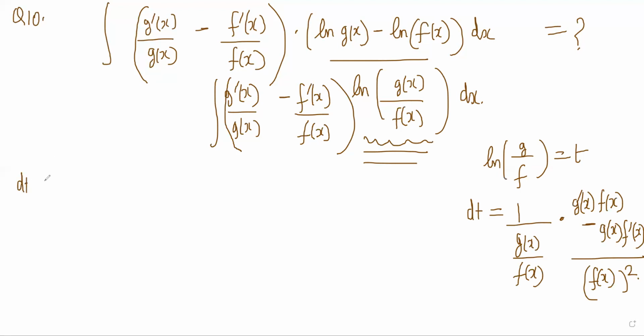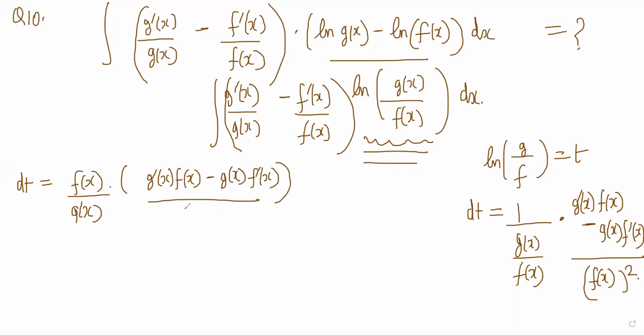So your dt is coming out to be f of x by g of x multiplied by (g dash x f of x minus g of x f dash x) divided by f of x whole square,